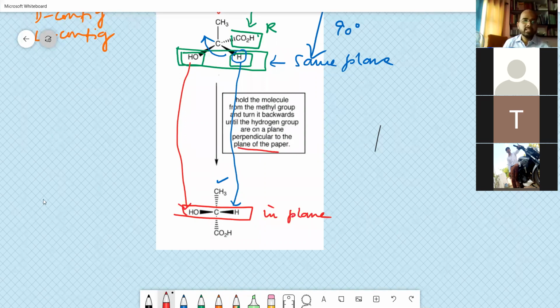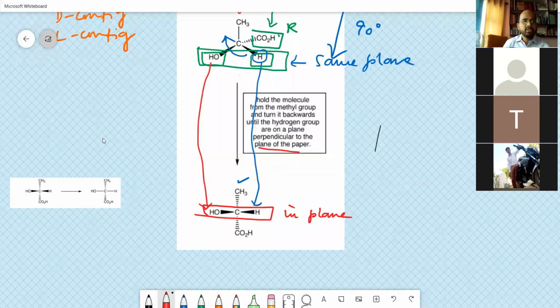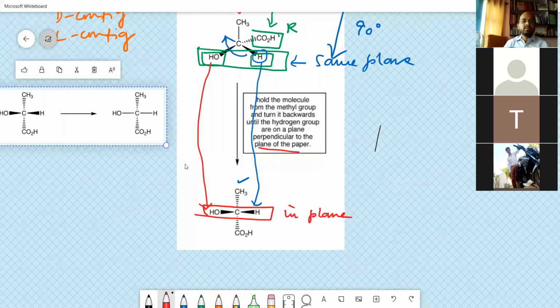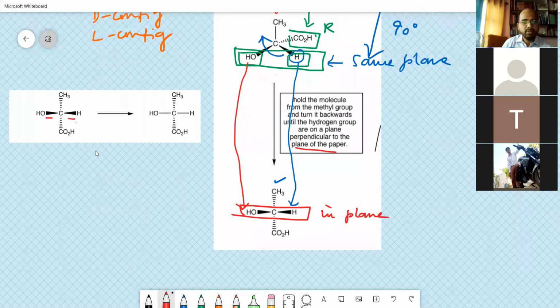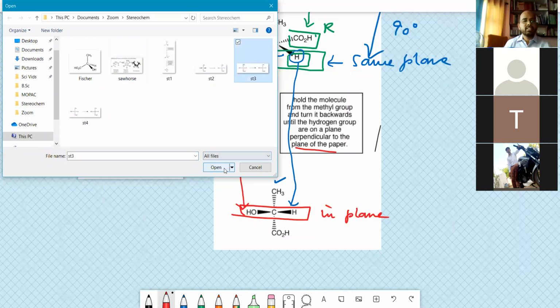So by doing this, you just convert one particular group from one orientation into another orientation. So here is an example of what you do. You have done like this. When you do like this, both of them are in the plane away from you, but by doing this, you bring them into the same line. Okay, and then why do you do this? I'll tell you in the end. Just follow. Don't miss any instructions.